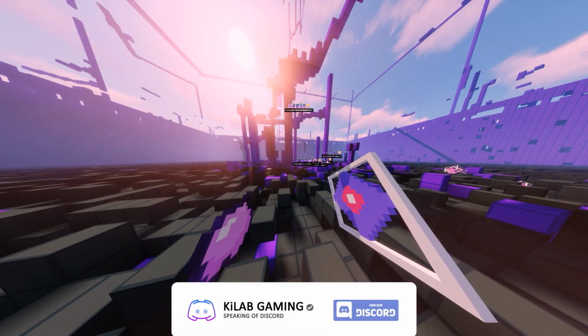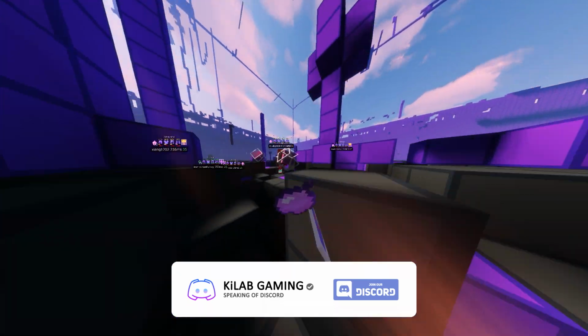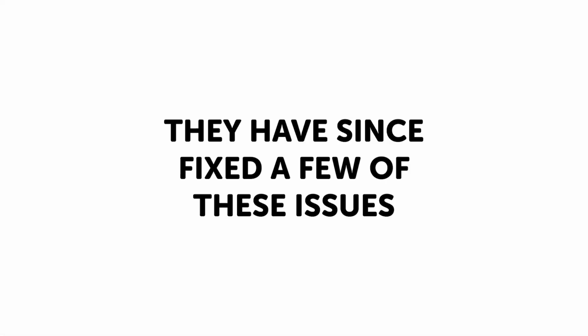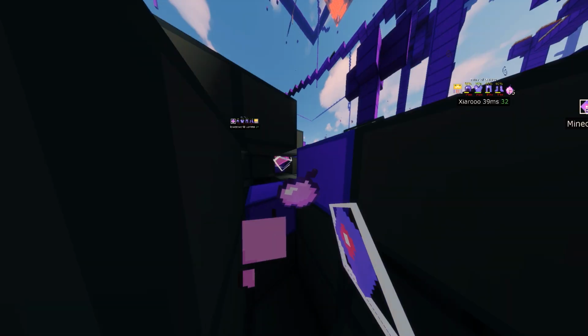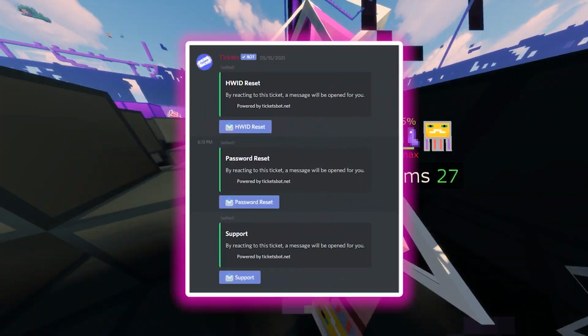The only support offered by this client is in its Discord server. I have personally used their support, as when I first bought the client, I had the wrong version of Java installed, and I was not able to get the client running. After asking for help, I was told to try their Discord support ticket system. I was pleasantly surprised when it put me in direct contact with the devs of the client, who asked me